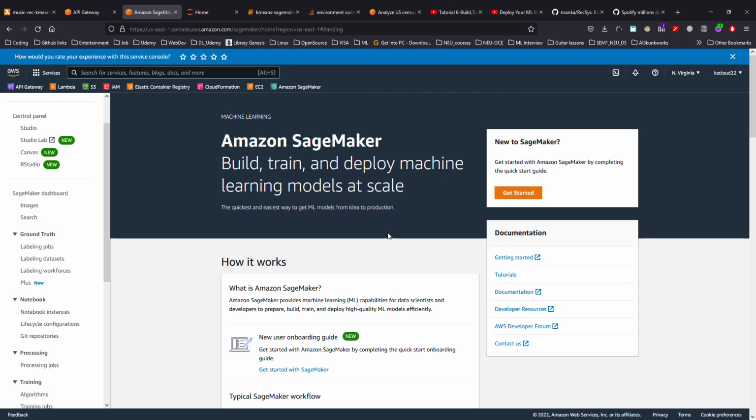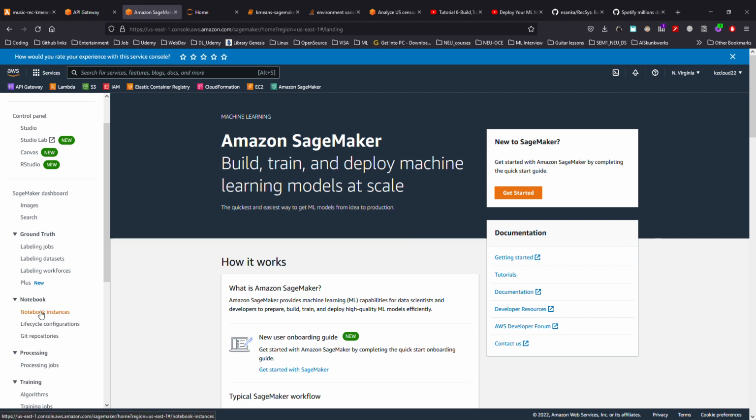Yeah, hello. So we'll be starting with the K-means model, which we are going to deploy on Amazon SageMaker. So we'll be building, training, and deploying the machine learning model. So it's at scale. We will deploy it and get it as an endpoint. Basically, that's the goal: getting it as an endpoint so that we can make predictions by using a REST API call.